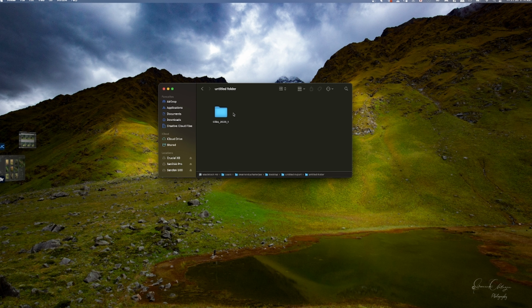In case of multiple hard disks, each and every hard disk is going to have this kind of root directory, and I basically prefer that because, obviously, you can add these two folders in a single catalog, but I prefer to use multiple catalogs if required. If it is a multiple day project, then you should create a folder with day 1, day 2, day 3 kind of thing. Inside that folder,